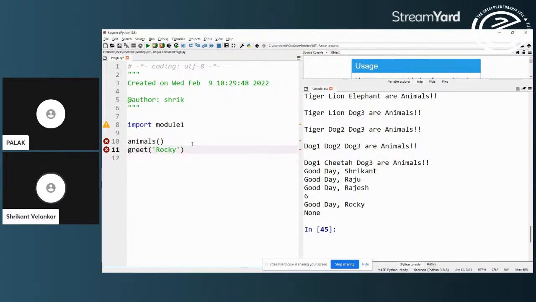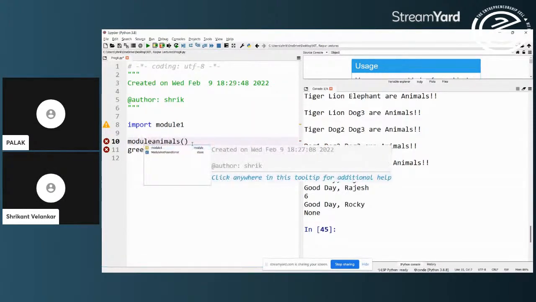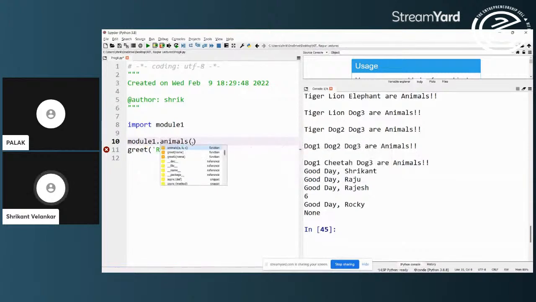So how to access is very simple. I have to say module1 dot. You will see that animals is already appearing, which I have written, and the exclamation mark and the cross are gone.